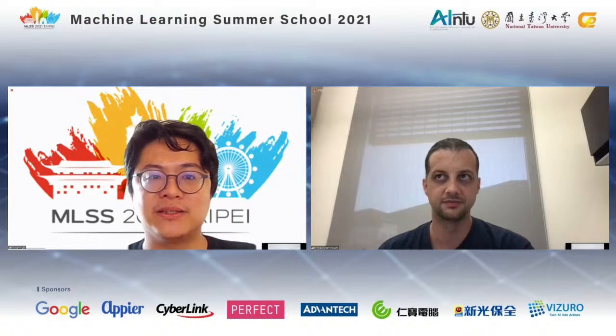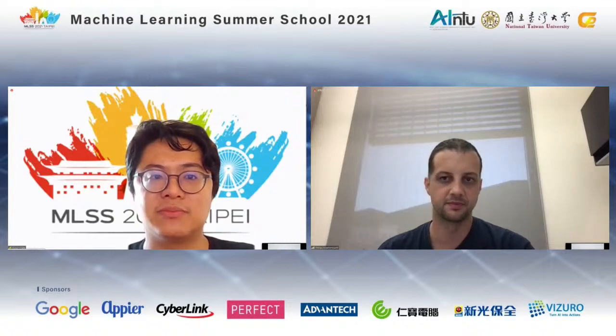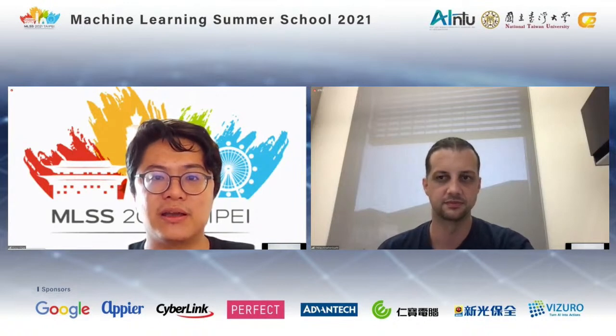Philipp is a professor in the Department of Computer Science at the University of Texas, Austin. He received his PhD in 2014 from the CS department at Stanford University, and then he spent 2 years as a postdoc at UC Berkeley. His research interests lie in computer vision, machine learning, and computer graphics. He's particularly interested in deep learning, image, video, and scene understanding.